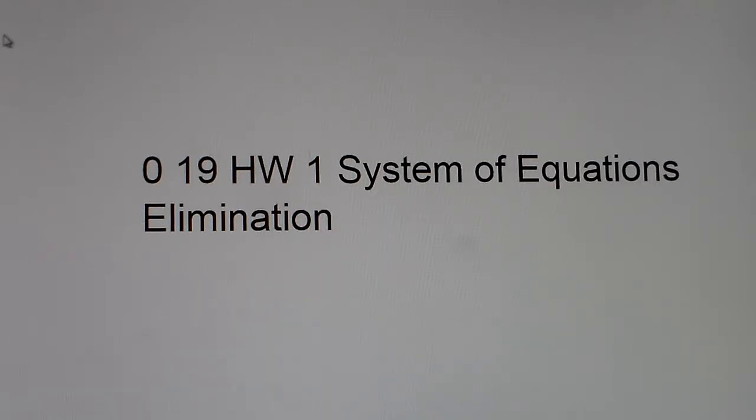Alright, ladies and gentlemen, this is 019 HW1 System of Equations Elimination. We're going to walk through the first 4 problems, and hopefully you guys can do the rest of the problems correctly for homework here, or the first 3 problems, because you have a total of 6. Alright,